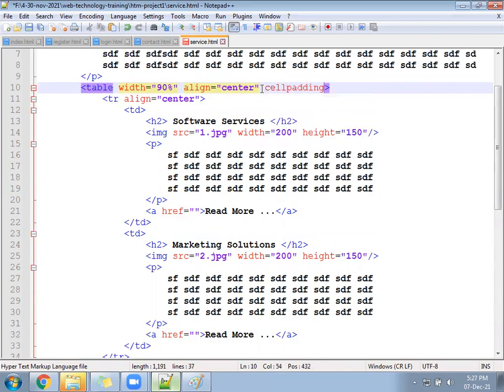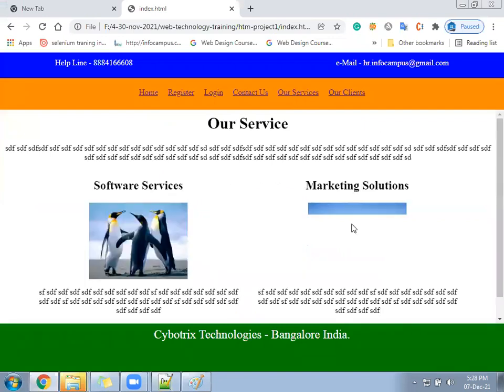Cell padding equal to 15, so we'll have sufficient space. Two photos are coming now.